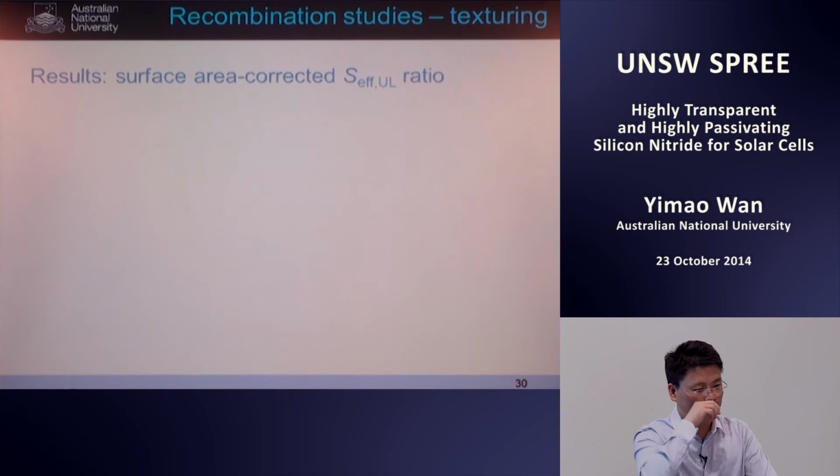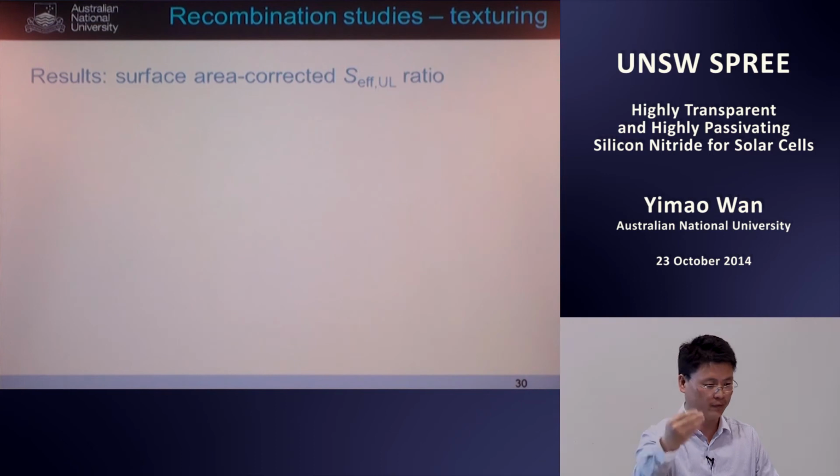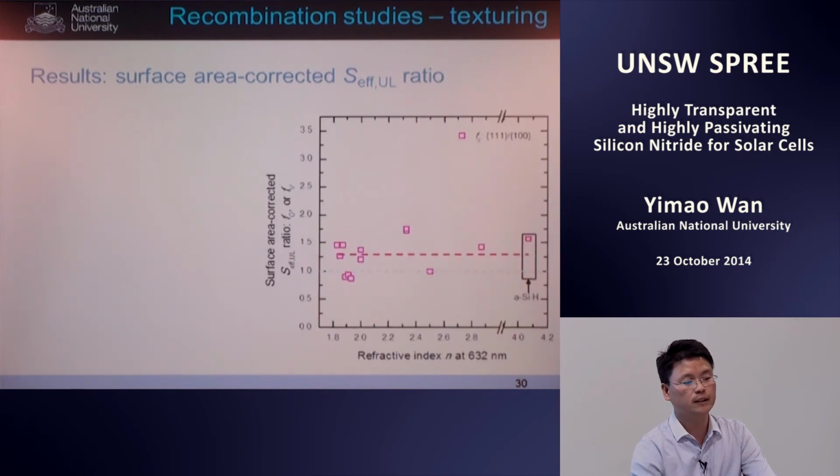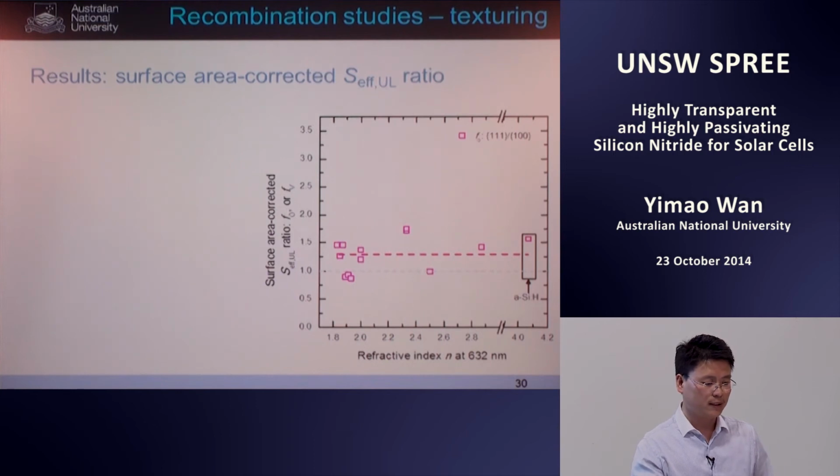And the next result is we study the recombination ratio, comparing the different morphologies. Then we can study the relative contribution from different factors. The first one is the orientation factor. When we compare the SRV or recombination at planar 111 to planar 100, we can see the FO is relatively constant and low across the whole refractive index range studied here, from very nitrogen rich up to amorphous silicon. And that means